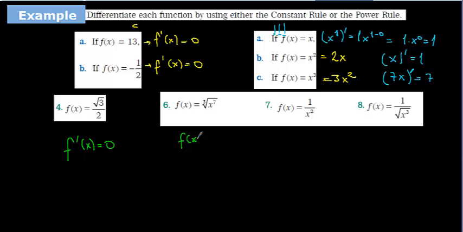This is f(x), and if you remember, the nth root of a to the power of m is going to be equal to a to the power of m over n. So f(x) is equal to x to the power of 7 over 3 firstly, and f derivative x is equal to, the power comes in front, 7 over 3,